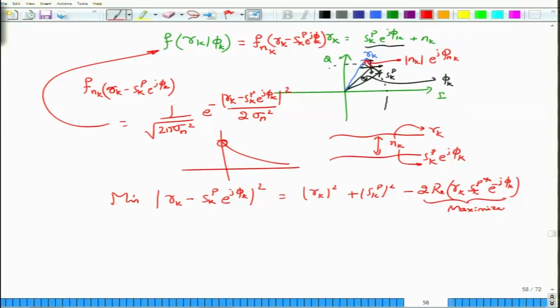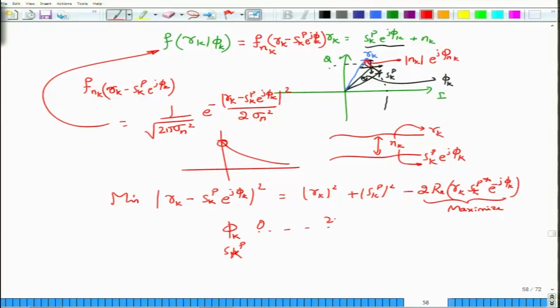So, you can come down to a simple correlation of your received samples with the pilot sequence multiplied by an unknown e^{−jφ_k}, and that would give you the estimated phase φ_k. Okay. So, that is what you can obtain. That particular φ_k, you may not know, but you know what this s_k^p is. So, you try out various values of φ_k.